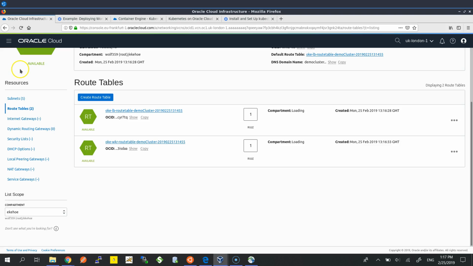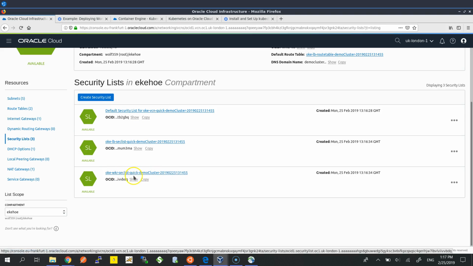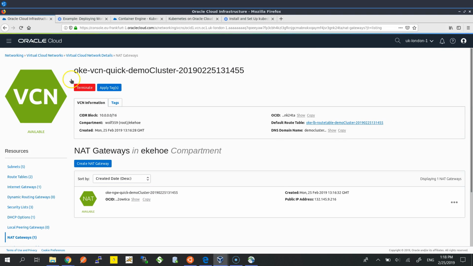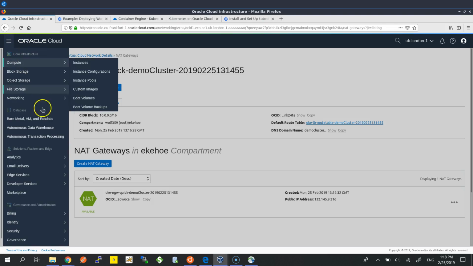So my 2 route tables have been deployed, and I also have an internet gateway for connectivity. And the security list is really important. I have found if we are to create this ourselves, the security list can be quite an issue at times. So more going into what's going to be created, we are going to have a very simple deployment YAML